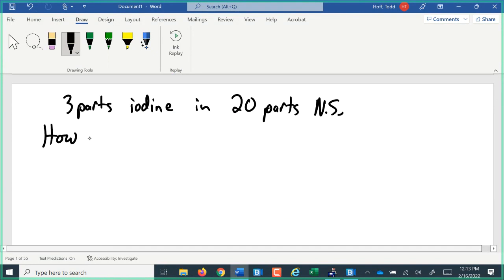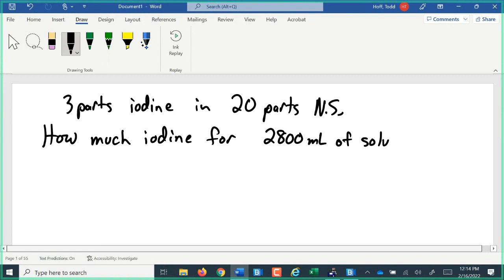I want to know how much iodine, say we're going to need 2,800 milliliters of solution. So we're mixing this 3 parts iodine into 20 parts of saline or sterile water for some sort of disinfecting